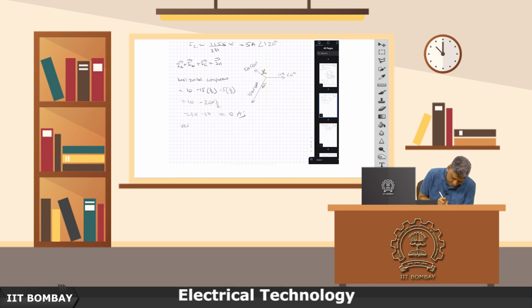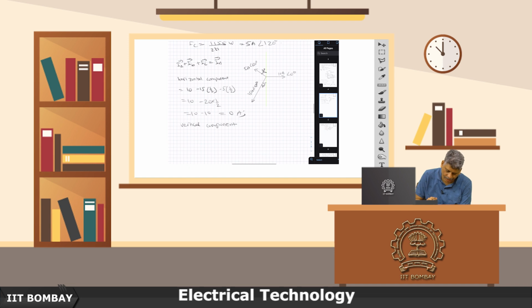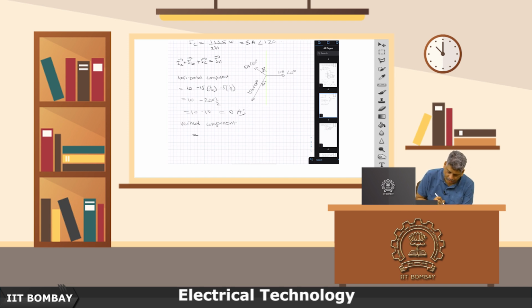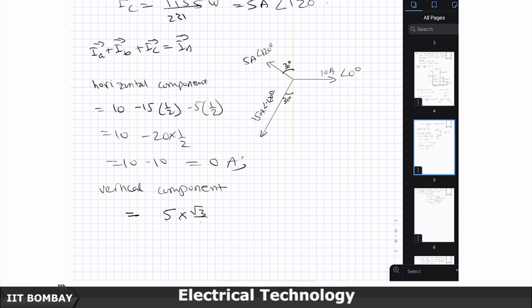Now, let us look at the vertical component. So, the vertical component is going to be equal to, I A is 10 amperes in the horizontal direction. So, therefore, it does not provide any vertical component. The vertical components are provided by these two. The first one, if I look at it, this 5 amperes into cos of 30 degrees. So, cos of 30 degrees will give me root 3 by 2, because I am projecting it here with a 30 degree angle. So, 5 ampere is the hypotenuse, base is cos of 30 degrees of that, which is